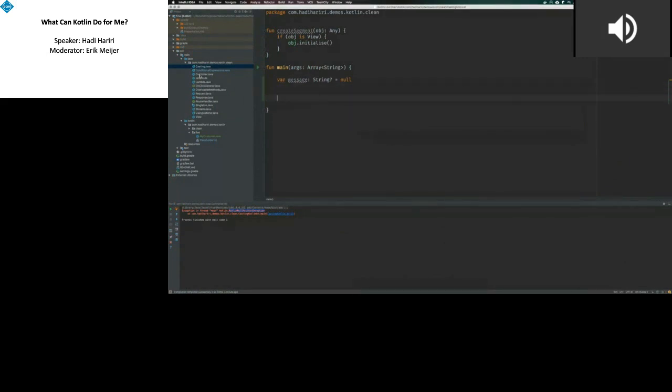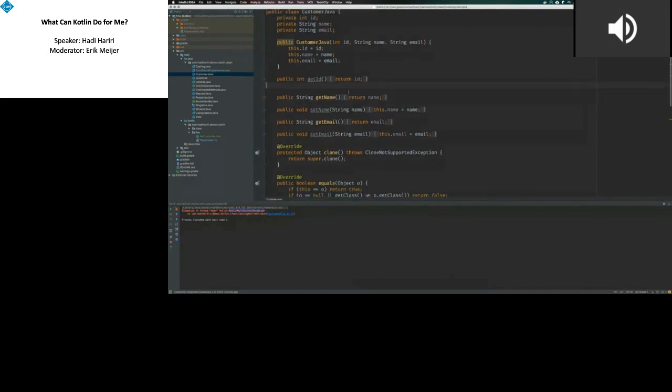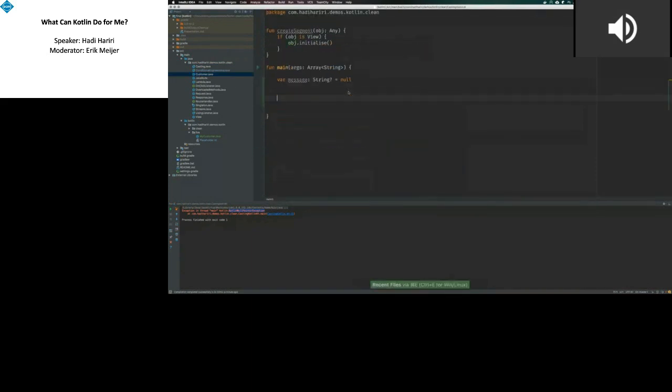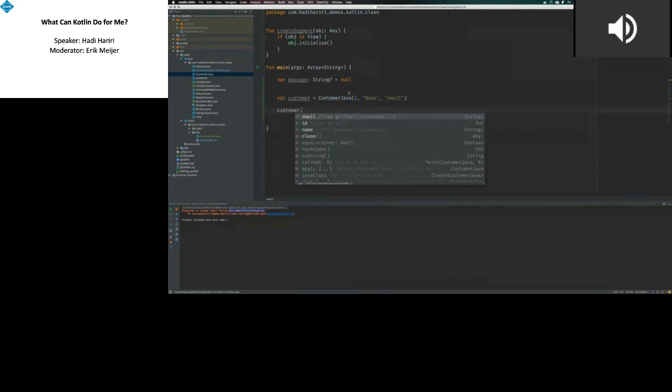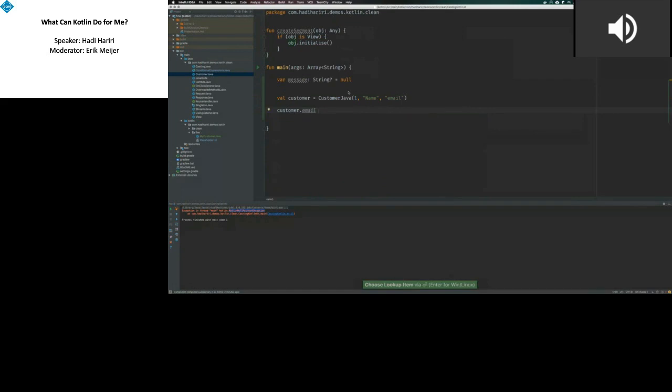Well, here I have a Java CustomerJava, right, which is similar to the one that I created before. Very simply, I say val customer equals CustomerJava. And then CustomerJava takes some parameters. It takes an integer, it takes a name, and it takes an email. There you go. And now I say customer. Now this is Java. If I'm writing Java, I'm going to write getEmail, but I'm not writing Java. I'm writing Kotlin. In Kotlin, you don't have getters and setters. You just use properties with property accessors. So I can say email is